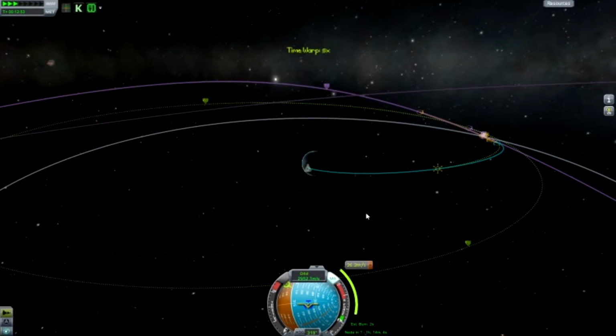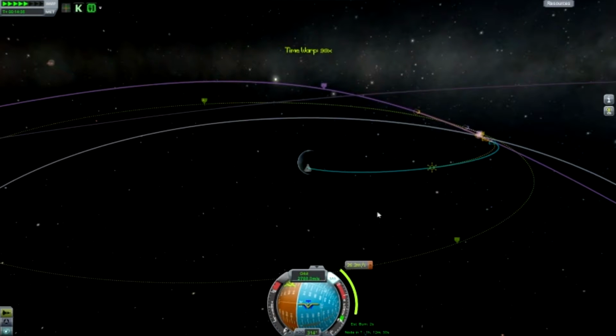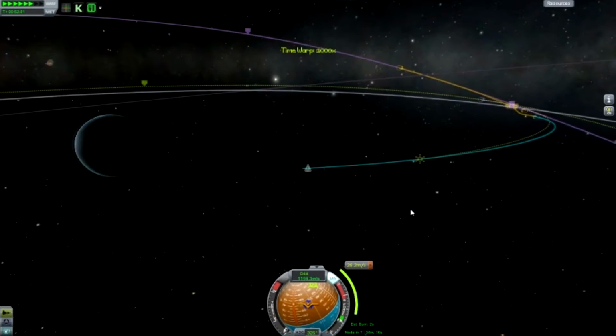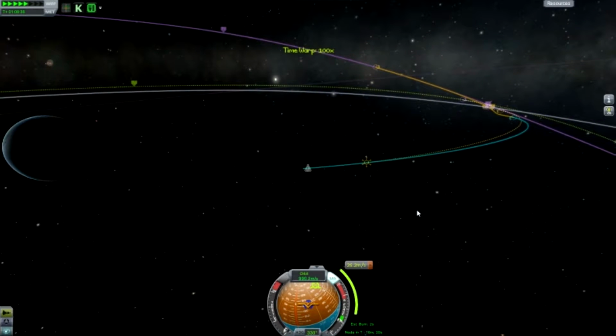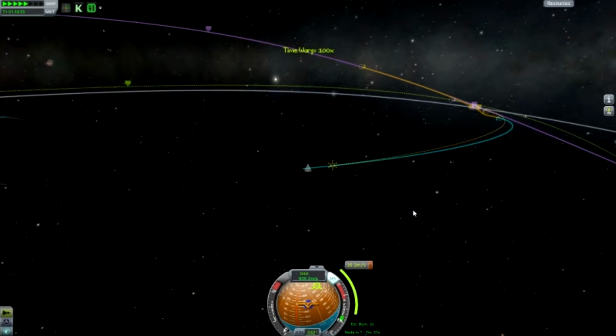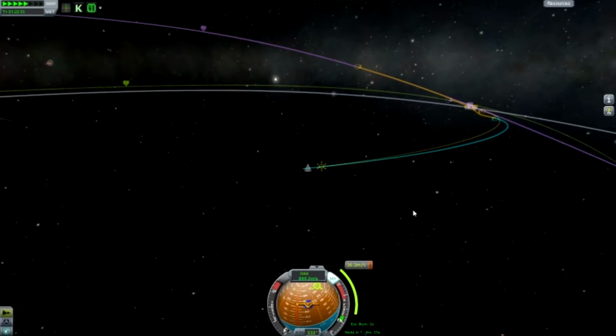It seems like we did a lot of messing with that node for it to only be a 2-second burn, but hey, that's why if you make your maneuvers out in deep space, it's a little bit easier and more efficient on your fuel anyways. So let's fast forward down to...